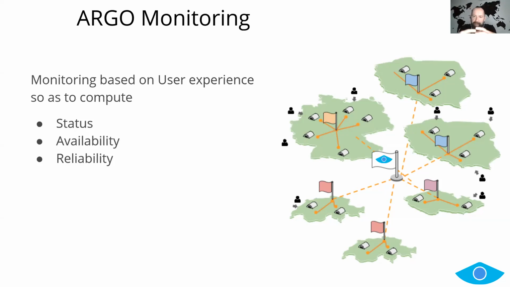Argo monitors things from the outside. It mimics the users, and it gets the user experience of the services that it's supposed to monitor. We do not install any kind of agents. So if you're going to provide a new service, either a web server or something providing some capability like computing or storage, Argo will only test how your service is functioning from the outside world. So that's very important.